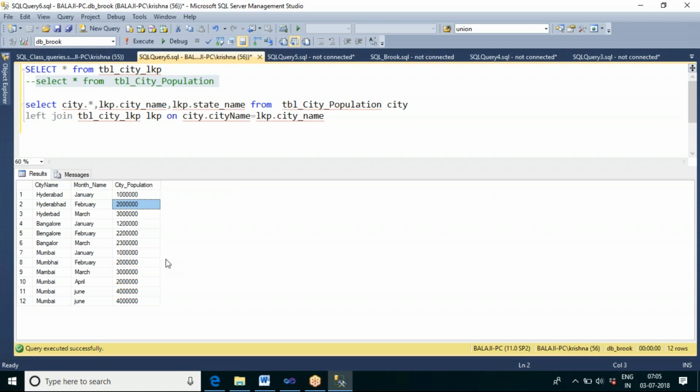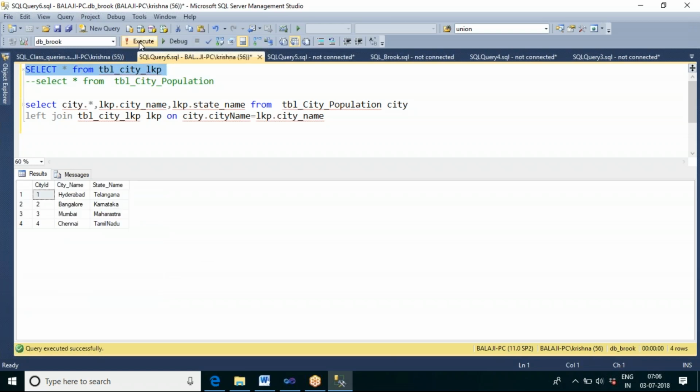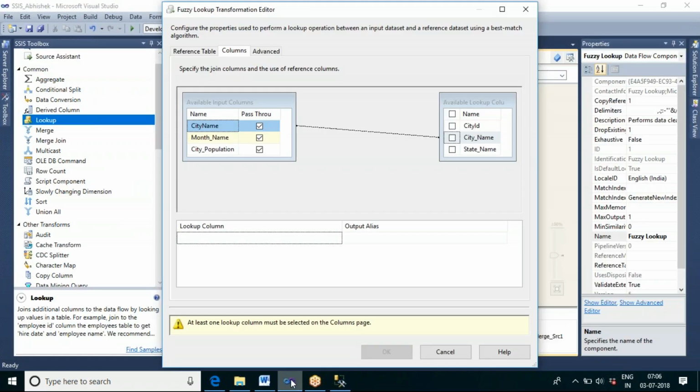And in master tables, 99% or 100% the data will be unique, like employee master, city master, branch master, product master. Those tables are called master tables, whose data is 99% unique. Now you can see for Hyderabad there will be only one record. Okay, understood?